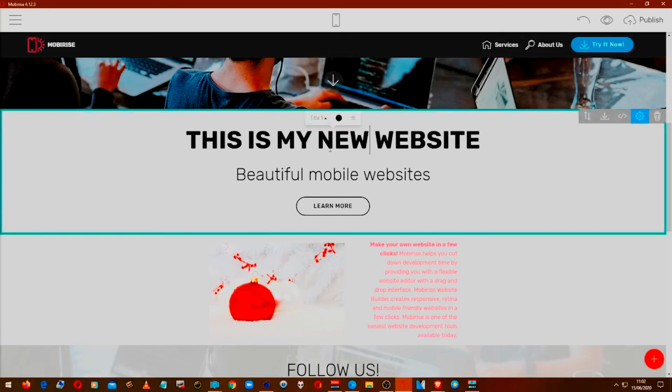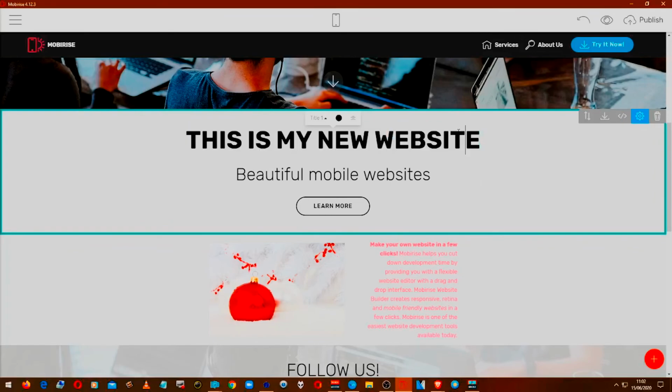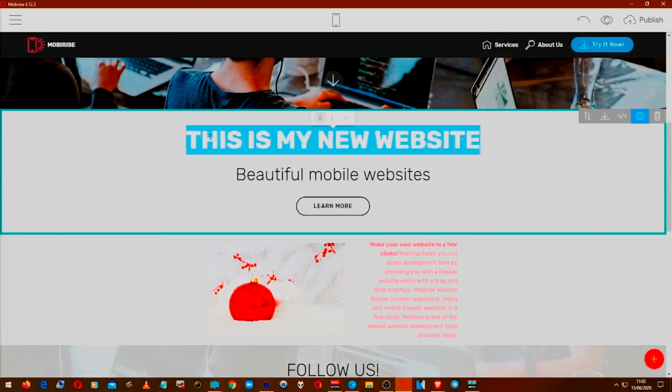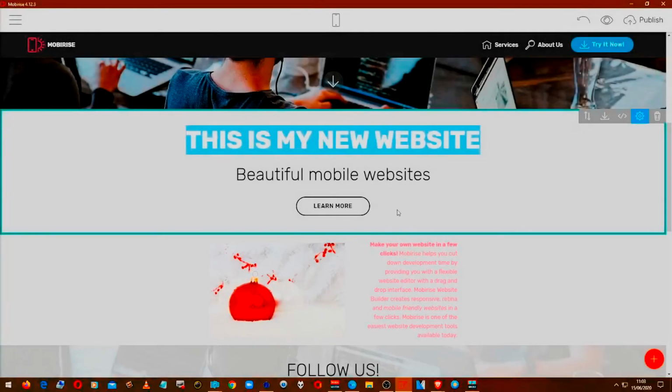Now, if you highlight, let's see if we can highlight this, you get a different menu. It's very difficult sometimes. It's one of the quirks I mentioned at the very beginning. This is annoying. So you have bold or italic, and the link that you can select. So you can make it into a link and go to a page or whatever. As per before,